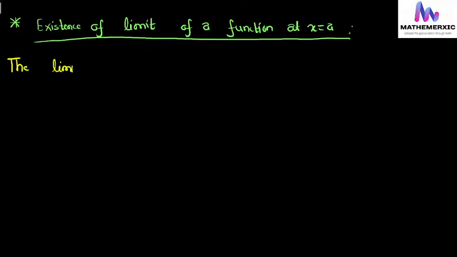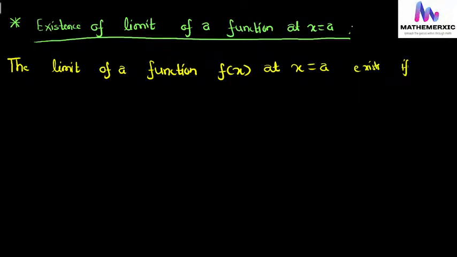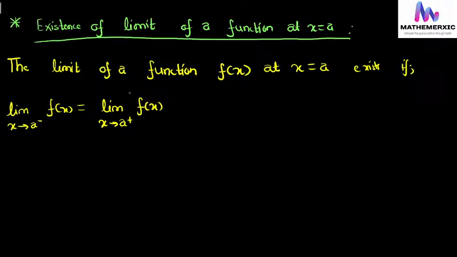The limit of a function f(x) at x is equal to a exists if limit x tends to a minus f(x) is equal to limit x tends to a plus f(x),